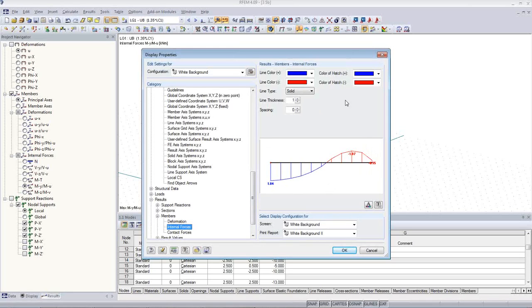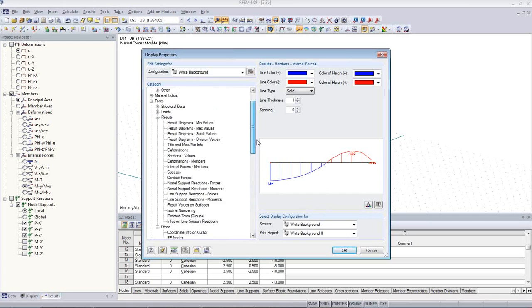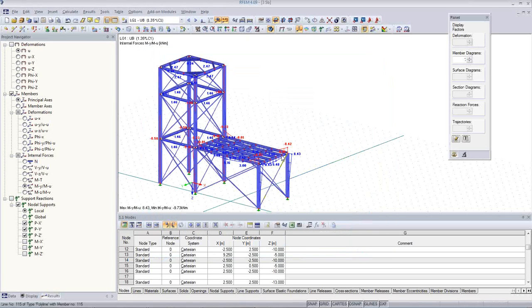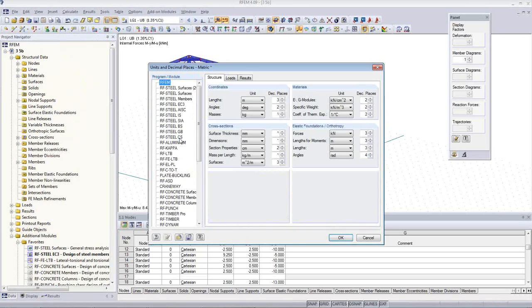Here we have the colors and the decimal. I'm sorry, it's in the wrong place. This is the colors, but I need to go actually to the units, and it's also a strong feature. So here you can set up the colors and all the fonts and so on, but we need units, and the units control how many digits after the comma you can see, and you can get it, for example, by right mouse click in the data navigator to the structure, and in units and decimal places you can